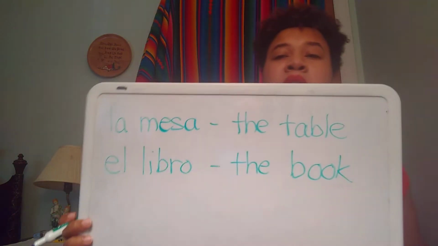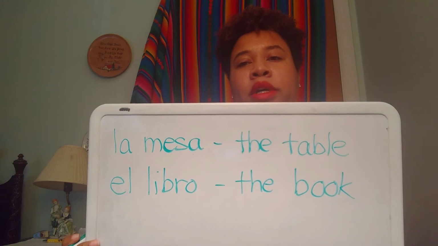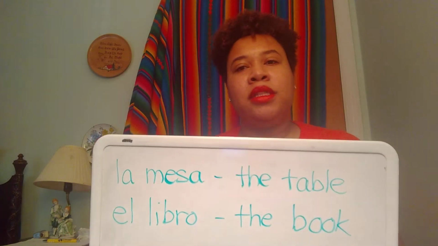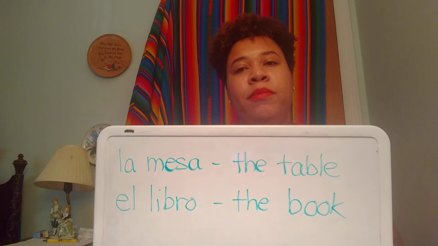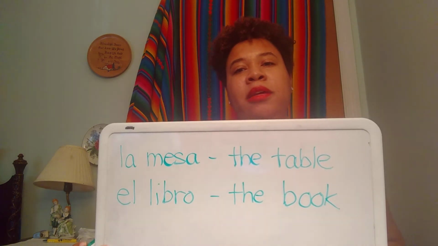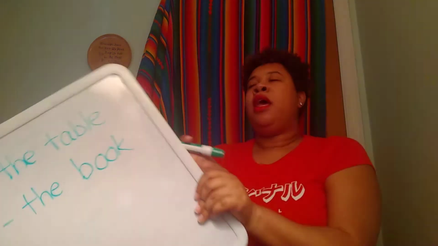And I'll also do el libro, the book. Book is masculine. So these are some examples of random words, random objects that have a gender. La mesa, the table, being feminine, and el libro, the book, being masculine. And what you have to do is memorize which one is which. You need to know the gender of your objects, because when you describe them, you're going to need to make sure that your description